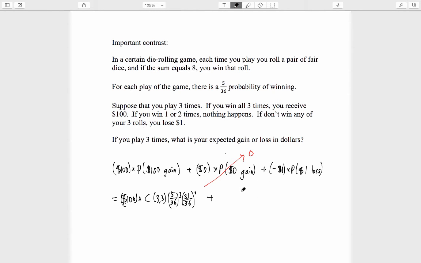Plus, negative $1 times the probability of a $1 loss. Well, how do we achieve a $1 loss? That means 0 wins and 3 losses. So we're multiplying by 3 choose 0 times (5/36)^0 times (31/36)^3. Each dollar amount that we could gain or lose has been multiplied by, that is, weighted by, the probability